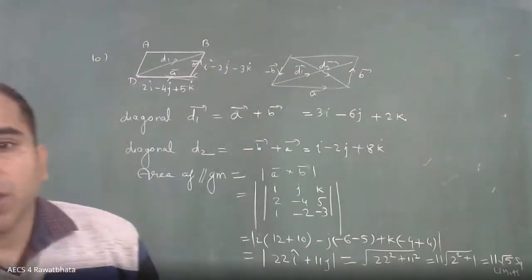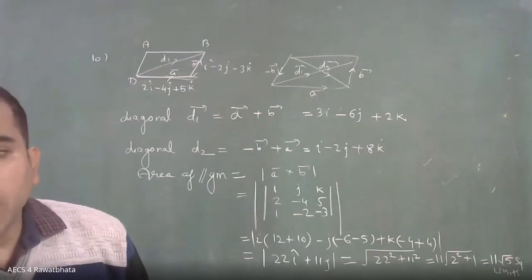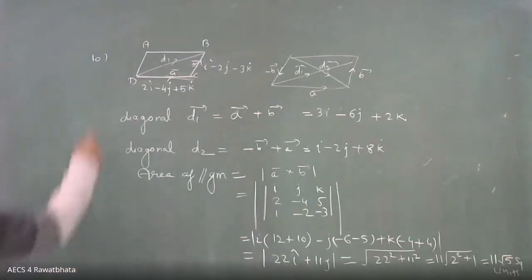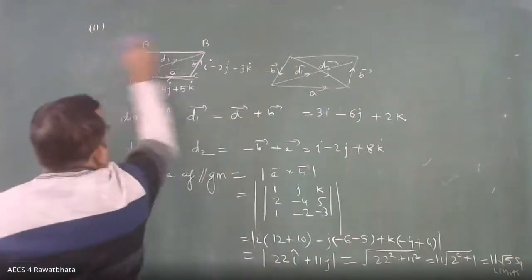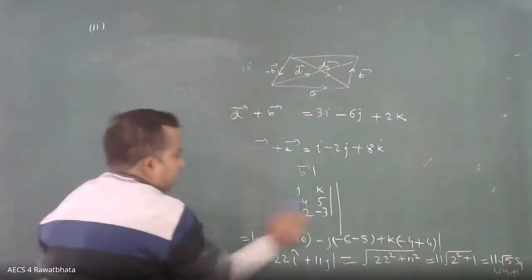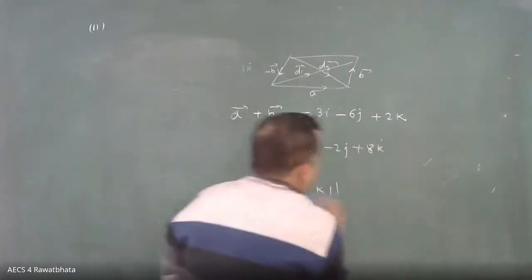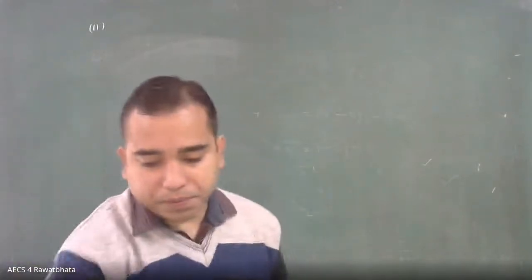Moving towards the next question, somebody, Ekansh, will you read the next question? 11. Ekansh Malav. Miscellaneous exercise, 11th question. Buddy. Show that the direction cosines of a vector equally inclined to the axes OX, OY, and OZ are plus minus 1 upon root 3, plus minus 1 upon root 3, plus minus 1 upon root 3.